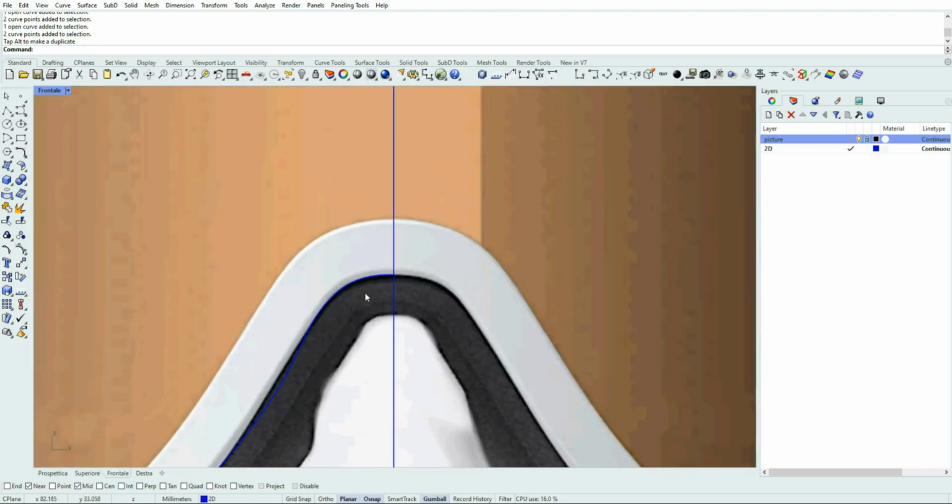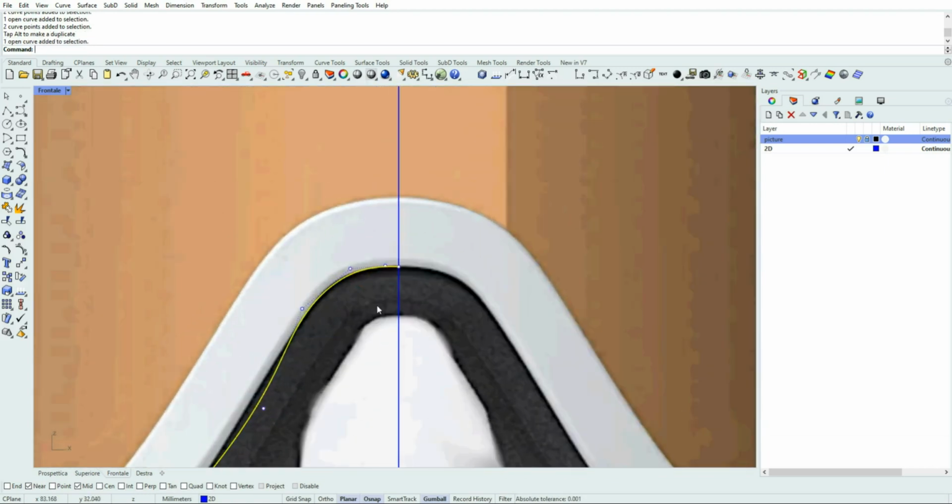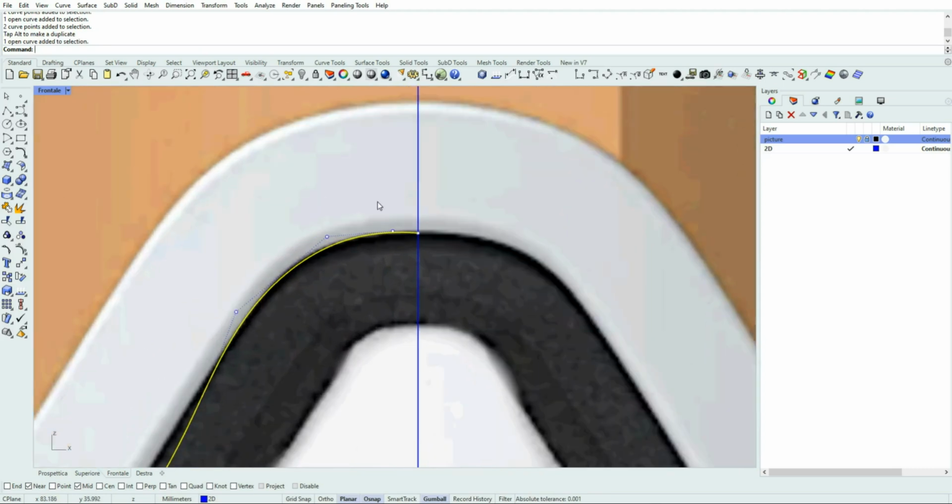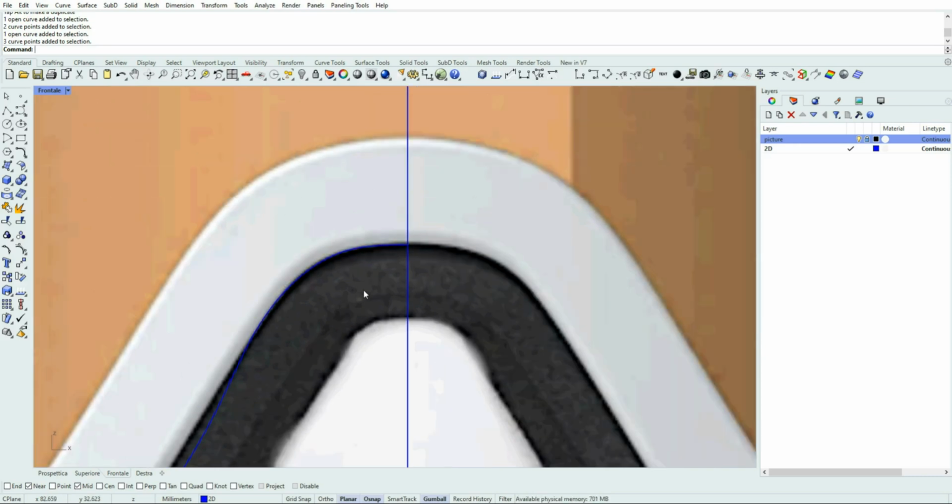Then I do almost the same to the bottom. So I select these 2 points and I set 0 value in the y-axis. Probably in this case I can use 3 points. I can align 3 points. Maybe it's better. Okay.